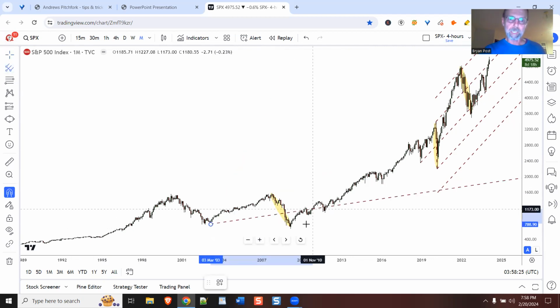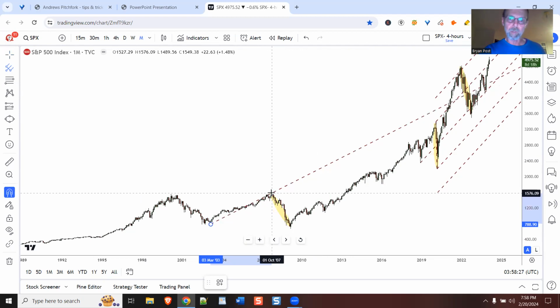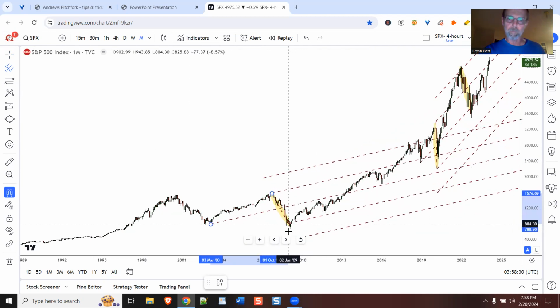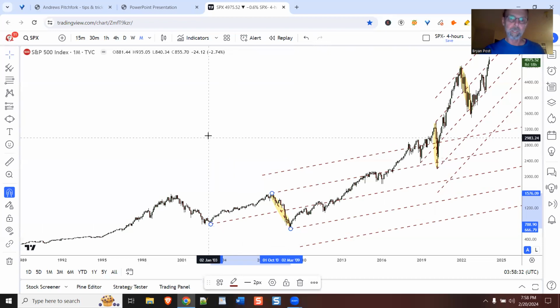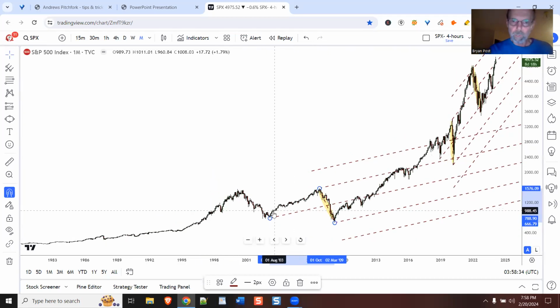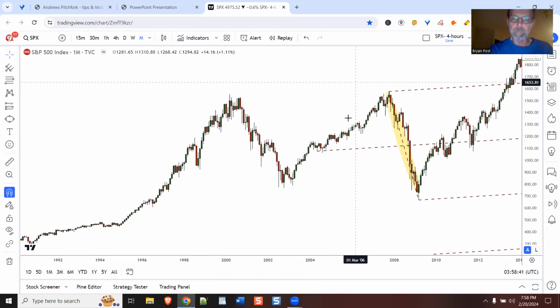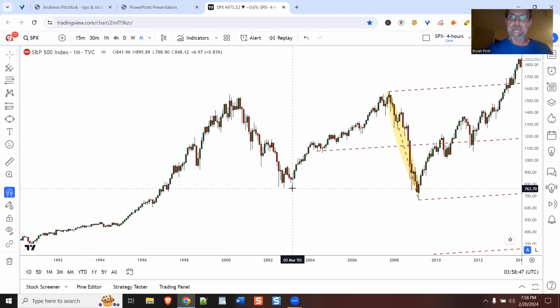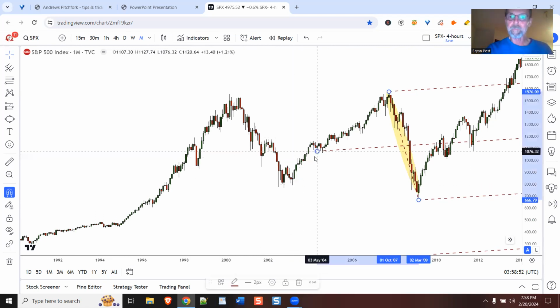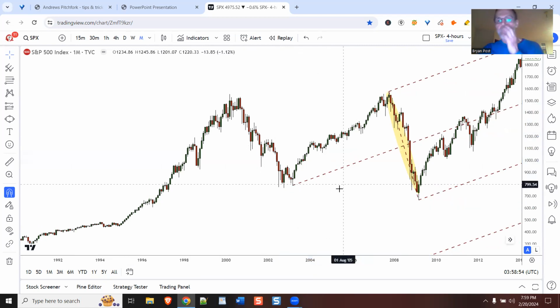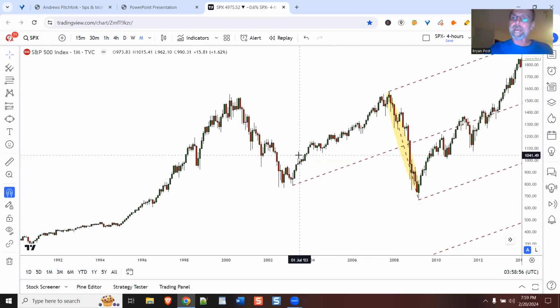Our origin in this case, let me draw the fork, and then we'll talk about the origin a little bit. So if we look at the choices for our origin, we've got a pokey bar. Let me zoom out a little bit. So we've got several pokey bars that we might choose from in this case. I'm choosing the latest one here because that's where the upward action